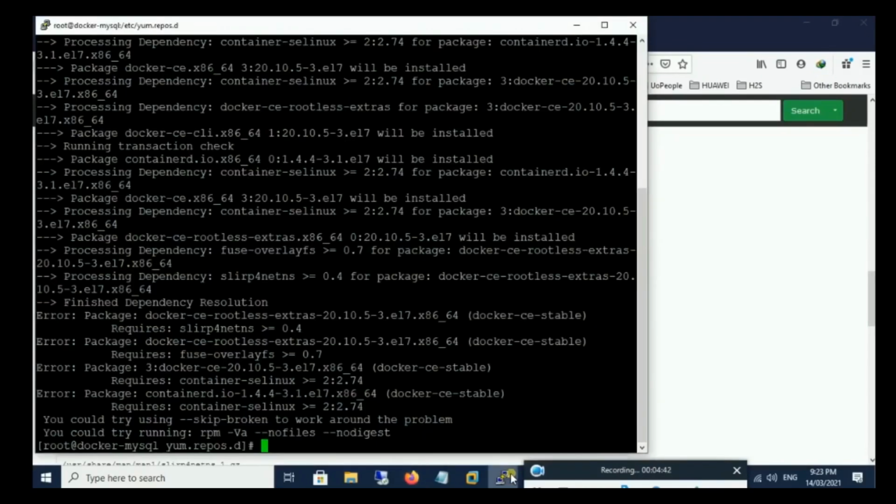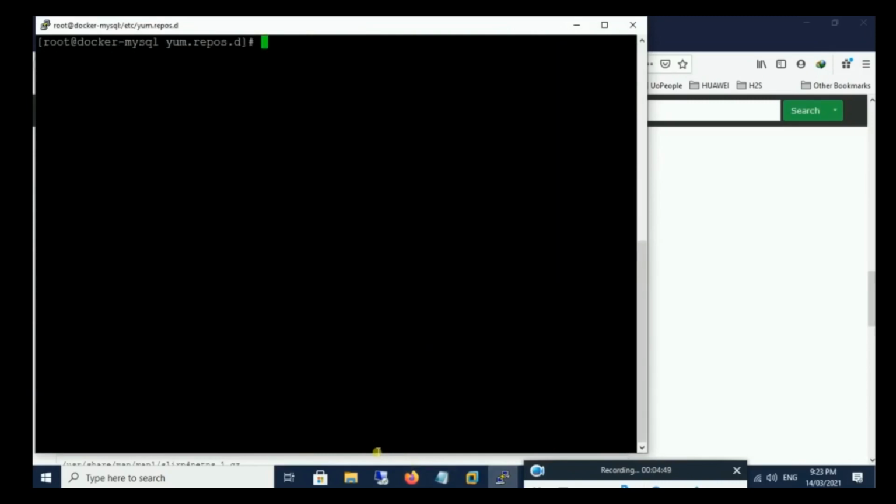We copy it and we paste it in the system, but you use yum install. Then we paste the URL. So let's clear the screen so that everything is going to be all right. Yum install. Then we put the link.